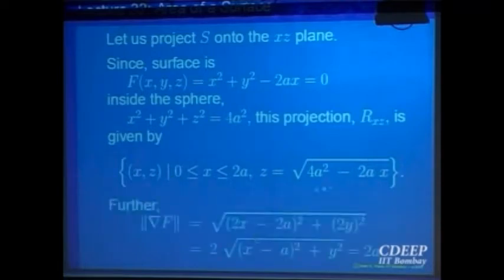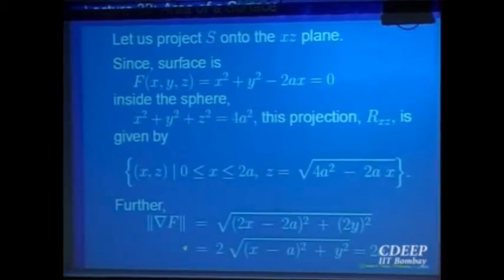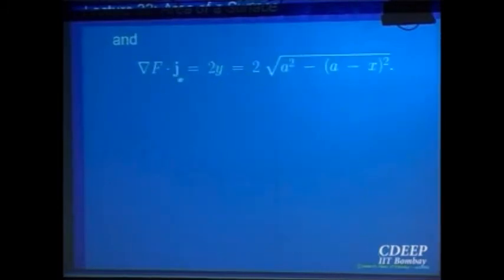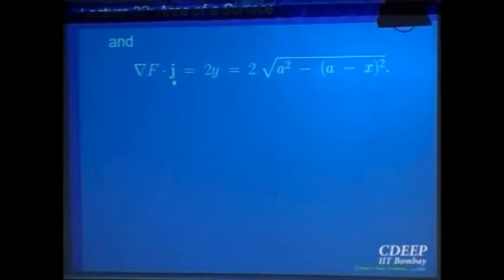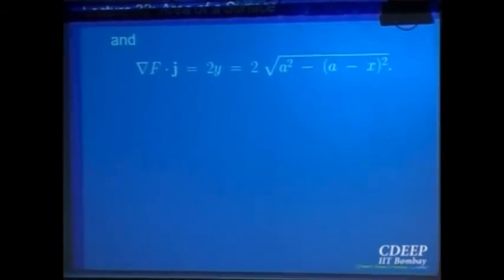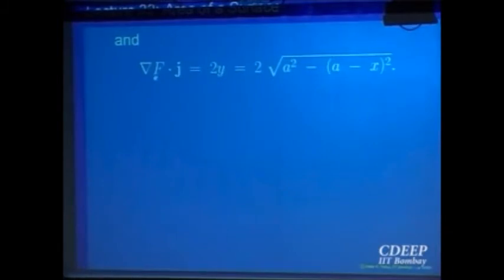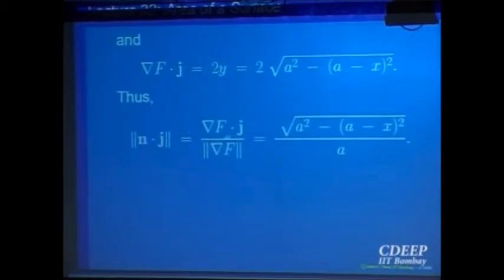Once that is obtained, you can find out the normal. Okay. So that normal is equal to 2a. Okay, for that cone. So now you find that you are projecting onto the xz plane. So what is the appropriate axis you should be looking at? The one perpendicular, that is j, right? Unit vector j. So look at the dot product of that. To compute that, that is the dot product. Find the norm of that, n dot j. So that will be this divided by the norm of that. So this comes out to be this quantity. Is that clear what we are doing? Instead of projecting onto the xy plane, because the dot product comes out to be 0, that angle is not meaningful. It is pi by 2 always, right? So we project it onto some other coordinate plane, okay, and calculate the things accordingly.